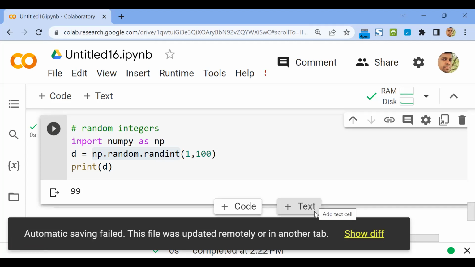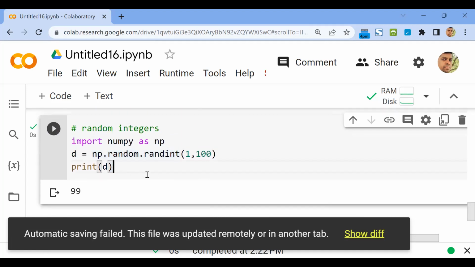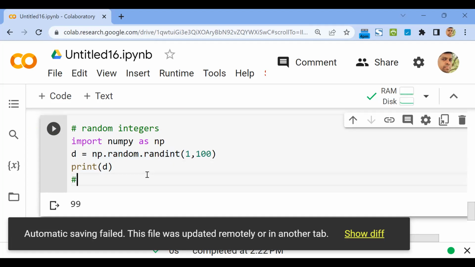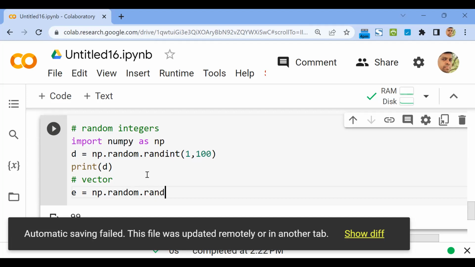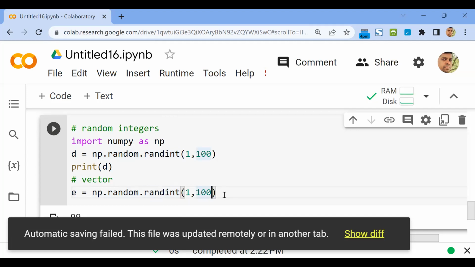Okay, next one. Now let's say I want to create a vector. Simply creation of a vector. I'm going to say np.random.randint, and you can say 1, 100. So the first two numbers indicate the range, so the numbers will be between 1 and 100. And how many numbers you need, you can put as the next item. Let's say I need 10 integers. So then I can just put 10 and if you print E,